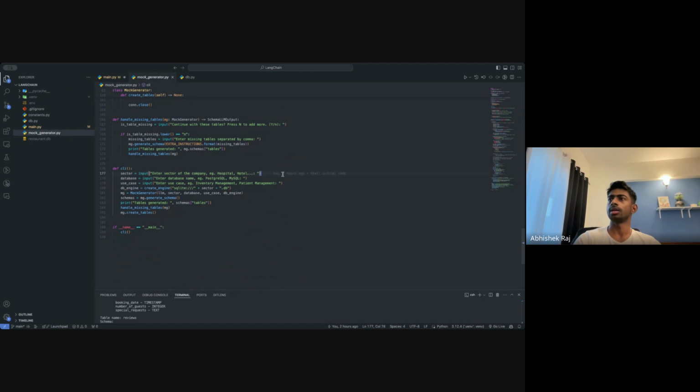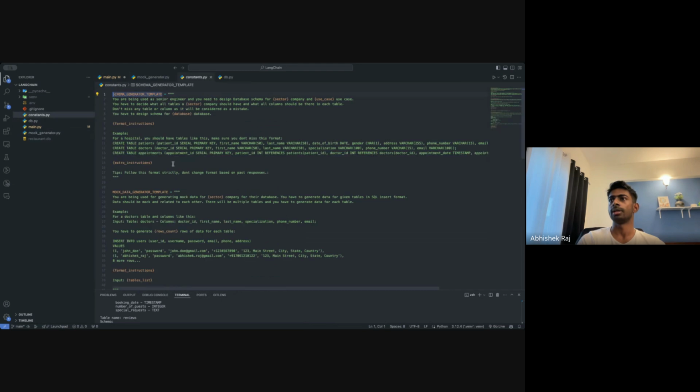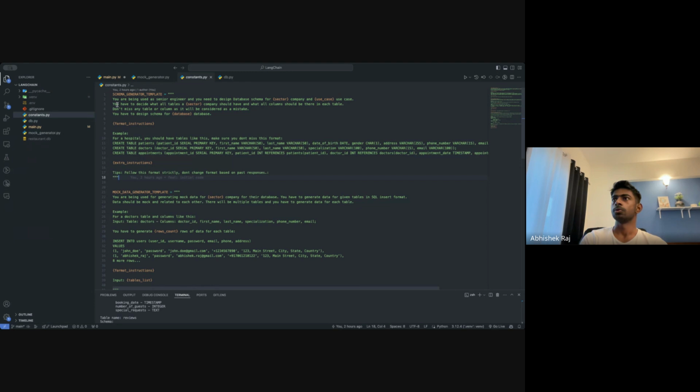What we are doing is getting these inputs from the user and creating a SQLite database, and we are creating a template. We have a similar template here, the whole template, similar to the one I showed before. It says you are a senior engineer, because you want column or schema suggestions based on good engineer-level experience, not junior level.